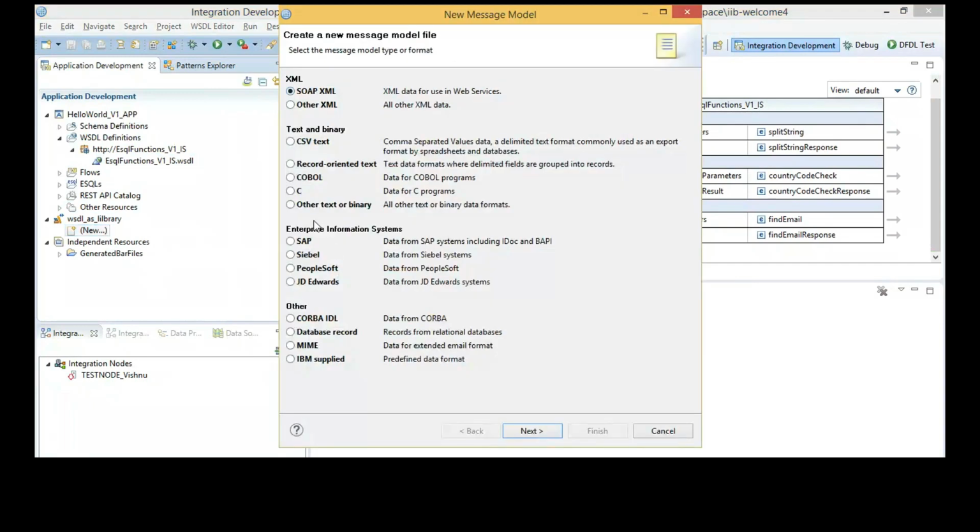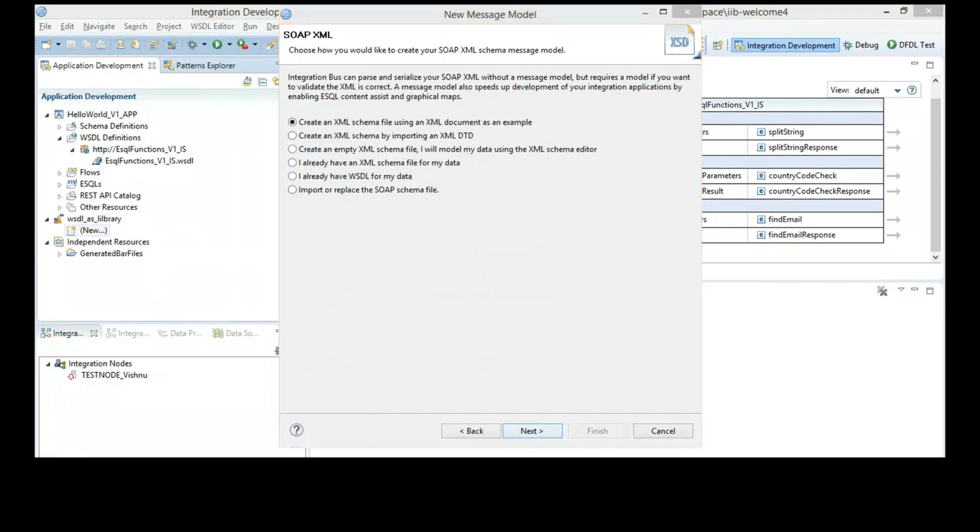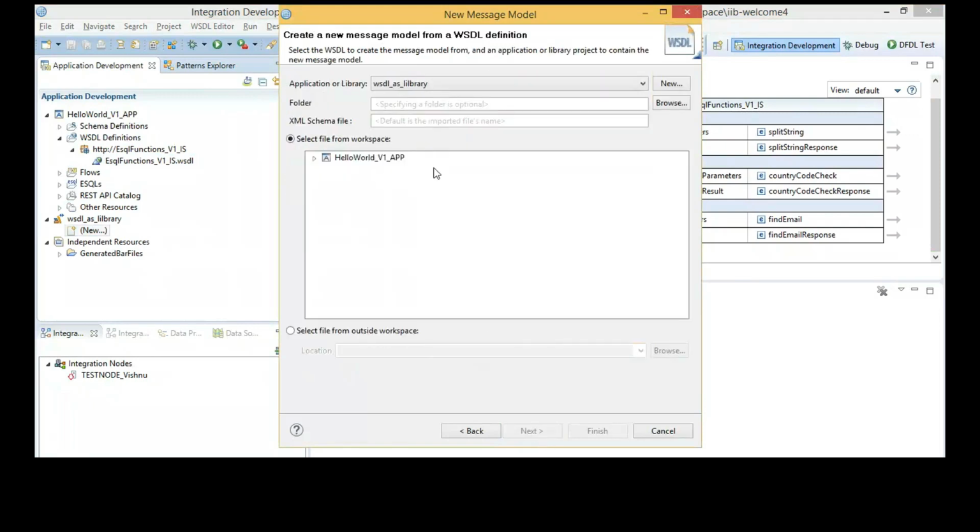Create a message model, select SOAP. Next, point this to the WSDL that you already have on your machine. It doesn't have to be an application that's present already in your workspace.